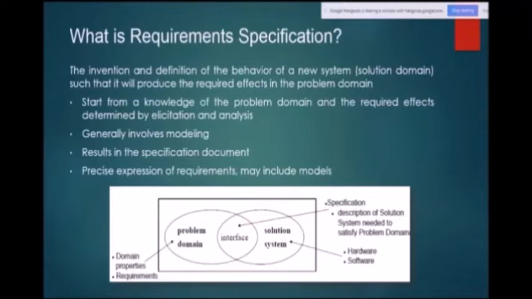So problem domain, interface and solution system, they have some kind of interface where they interact with each other, the problem and the solution. So the interface is the description of the solution needed to satisfy the problem domain. So generally involving modeling results in the specification document, and precise expression of requirements may include models. That is how we define requirements specification.